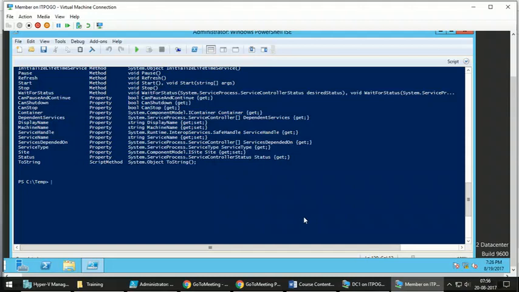Enter-PSSession is as if you have logged into that computer, opened a PowerShell window and are running the commands. It is as good as that. But when you are running Invoke-Command, you are just running one single command or one set of commands, or executing one particular script file against those multiple or single computers.